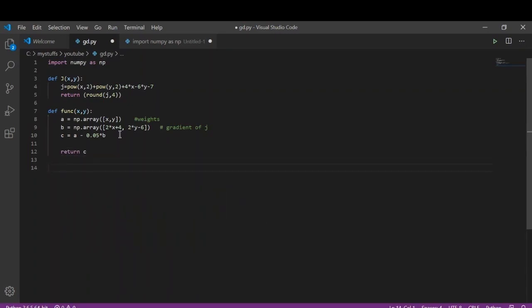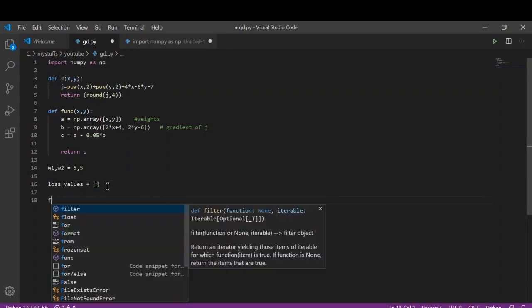Okay, and we'll first initialize a weight. Before proceeding with the gradient descent process, we first randomly initialize our weights. Let's say 5 comma 5. Let the initial weight be 5 comma 5. We don't know which values of x and y will make j return the minimum value, so we'll just randomly input the values. And we'll name it loss values. This will store all the loss values generated by the loss function j.